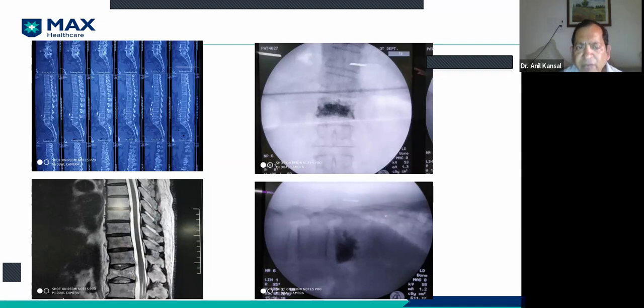Now, initially we used to treat this kind of patient with bed rest, give calcium, vitamin D and other conservative measures. To put more calcium in the bone, we can give androgenates and other things like PTH hormones and calcitonin hormones. But as you know, osteoporotic and osteopenic fractures are very difficult to heal, and because